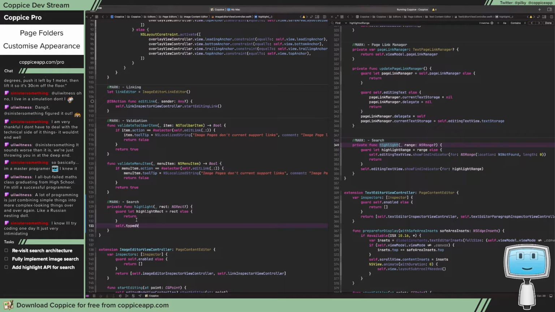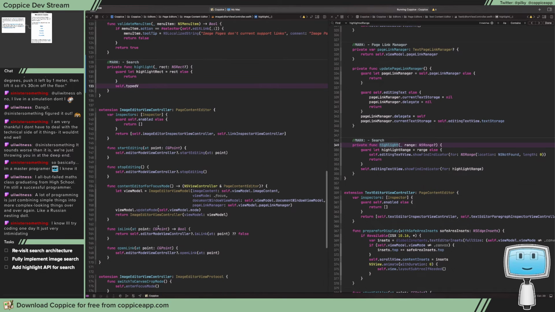I think it might be worth doing it in the hotspot view. It seems like a slightly weird place to put it, but it does make a lot of sense because in terms of creating a scaled rectangle, it knows how to do all that stuff. So what we will do